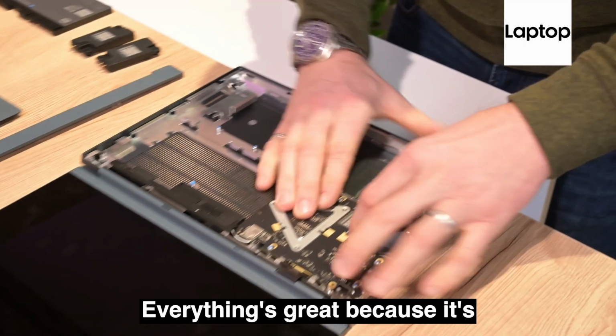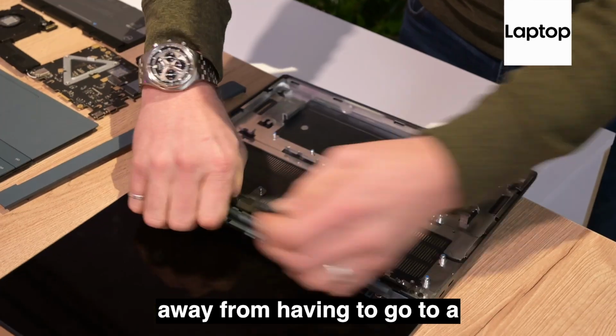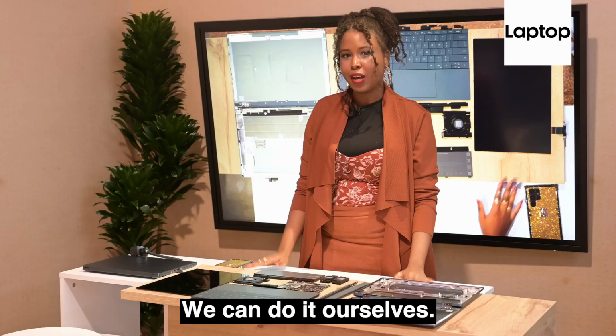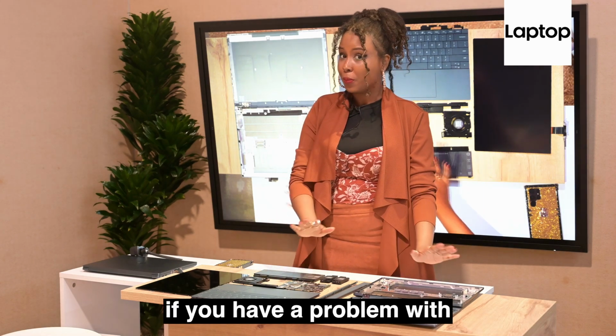Everything's great because it's a way for us to finally get away from having to go to a repair shop to handle our business. We can do it ourselves, whatever we need to do, whatever we need to deconstruct. If you have a problem with your laptop, you can do it